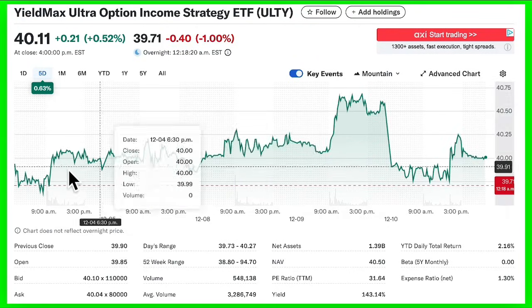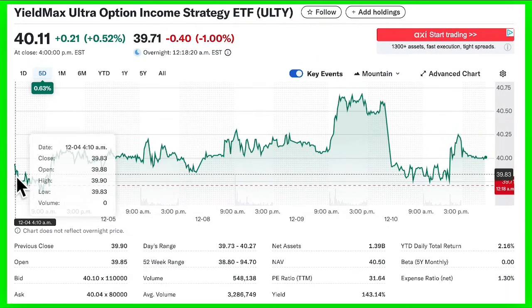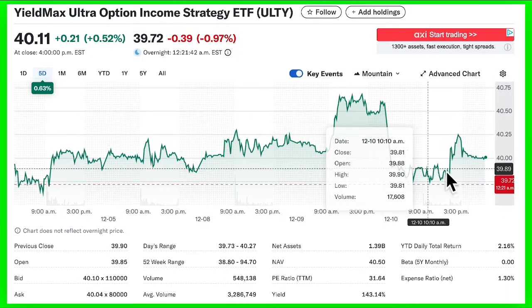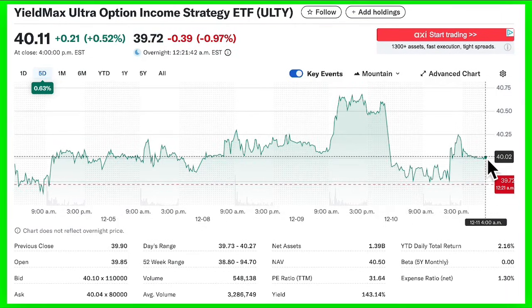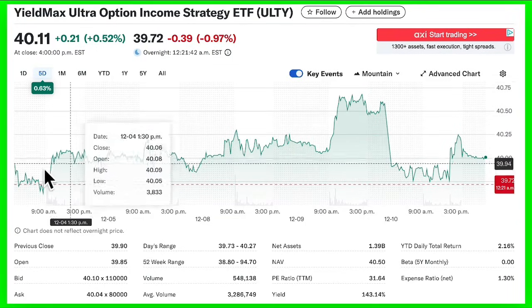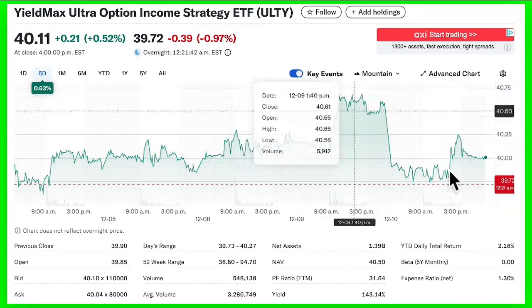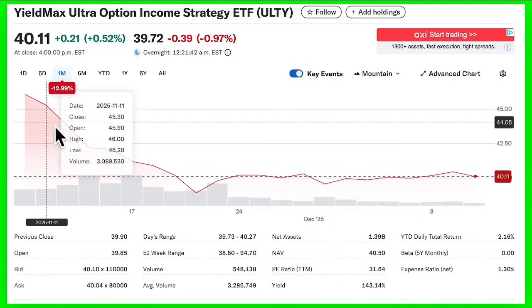This chart here shows you the price movement for ULTY since it was reverse split. So you can see when they did split up to now, it hasn't really gone down as it used to. So this can be a good indication that the strategy they have implemented maybe is working, because since they split, prices stay relatively the same. Let me show you something here. If we extend 1 month,